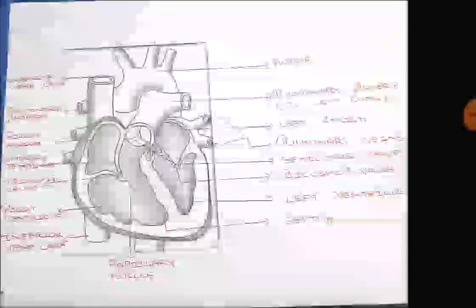So, this is a diagram of a heart. You can see the aorta, pulmonary arteries to the left lung, pulmonary arteries to the right lung, left atrium, pulmonary veins, semilunar valves, bicuspid valve, left ventricle. Septum. Septum is a part that differentiates the right part and the left part of the heart. Its main function is that it doesn't allow the deoxygenated and oxygenated blood to get mingled, to mix up.